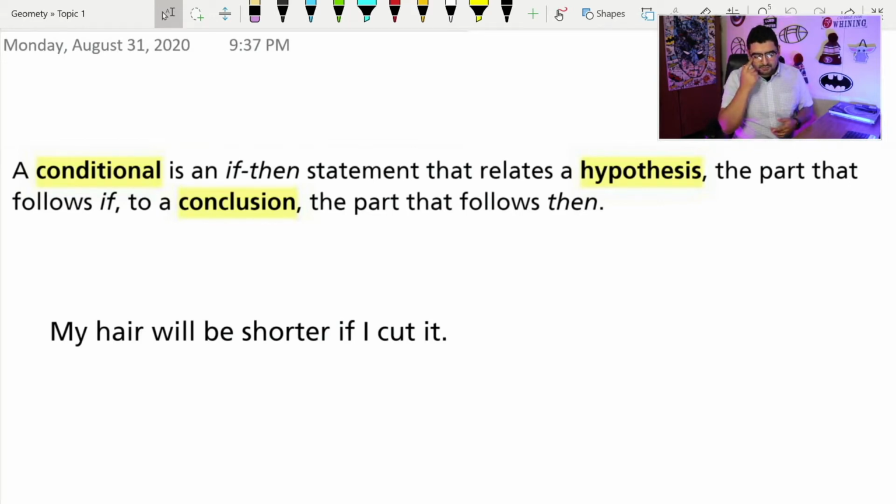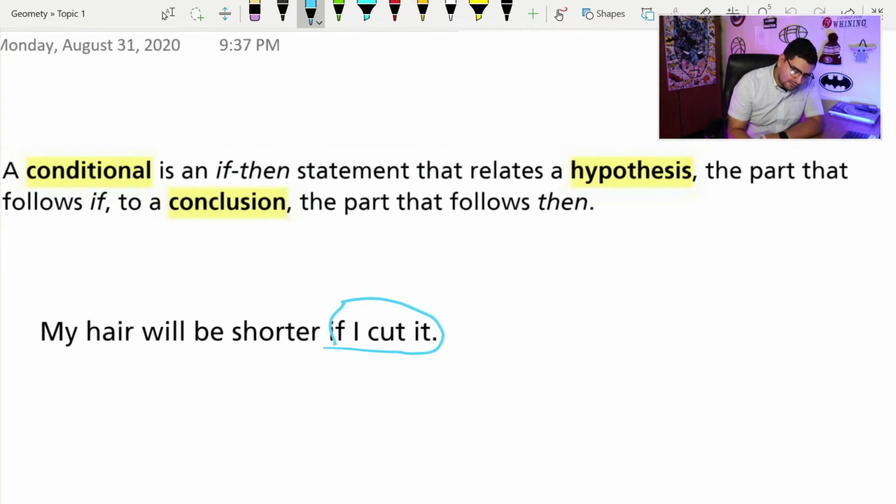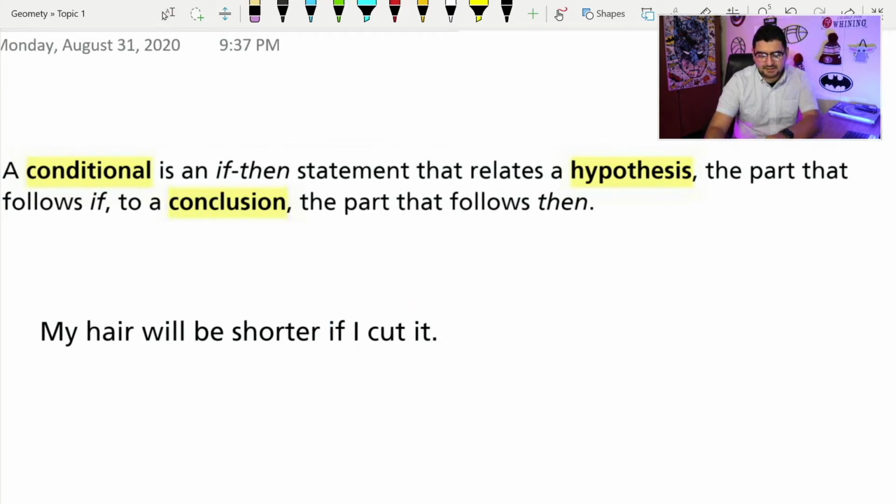So here I have a normal statement saying my hair will be shorter if I cut it. So I'm going to rewrite this statement as if it was a conditional. The clue as to what part of this statement would be my hypothesis is to look for the word if. So I'm going to change this a bit. And instead I'm going to say, if I cut my hair,